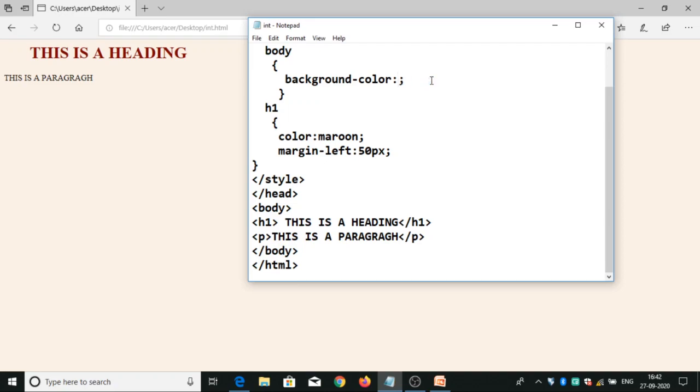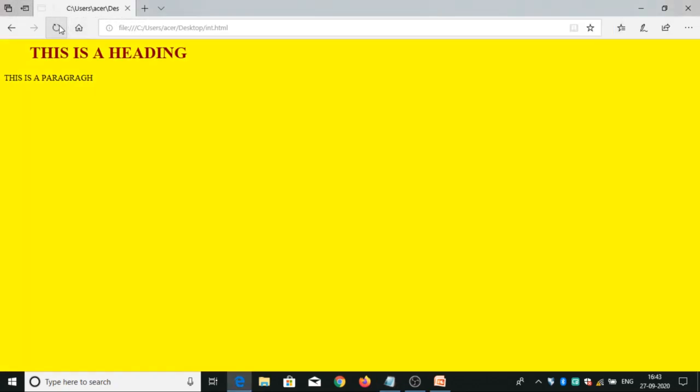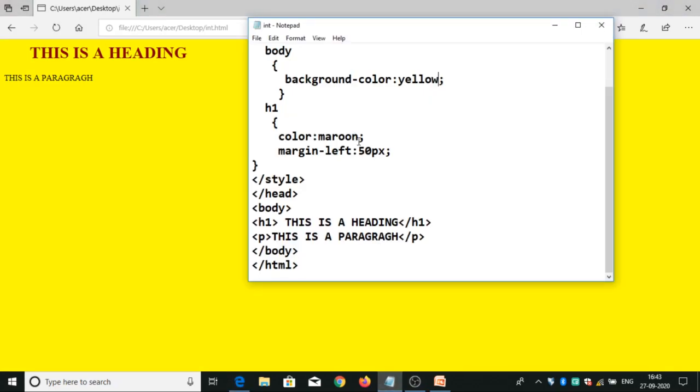For better understanding, let's change the color. It changed the background color of the entire document. Here I am changing only H1.